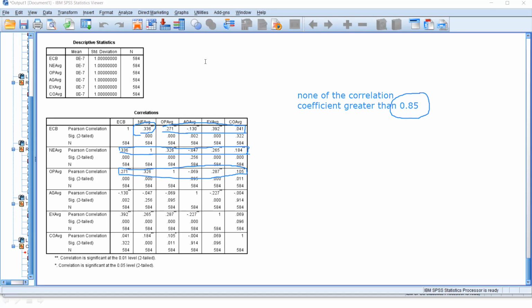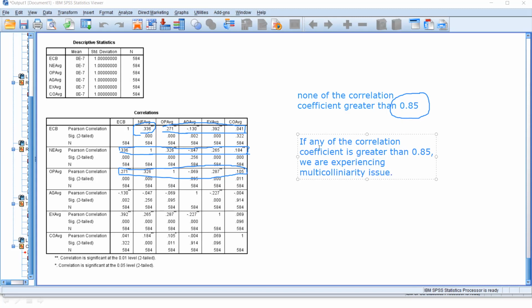If any of the correlation coefficients is greater than 0.85, then we are experiencing a multicollinearity issue.